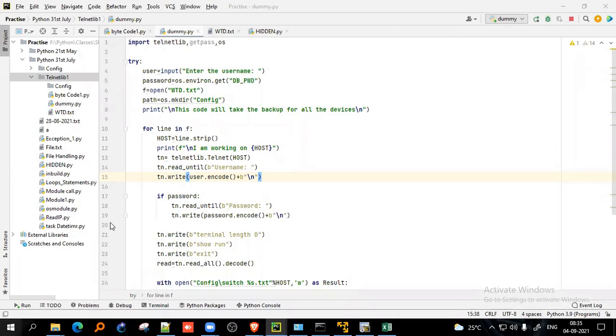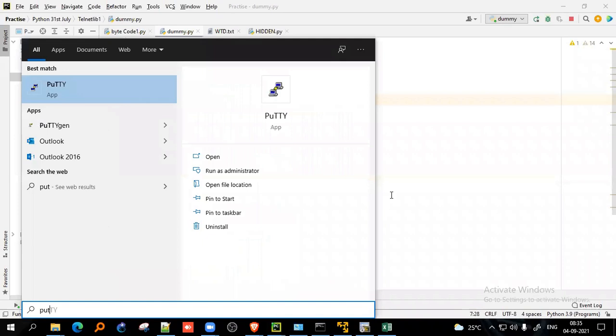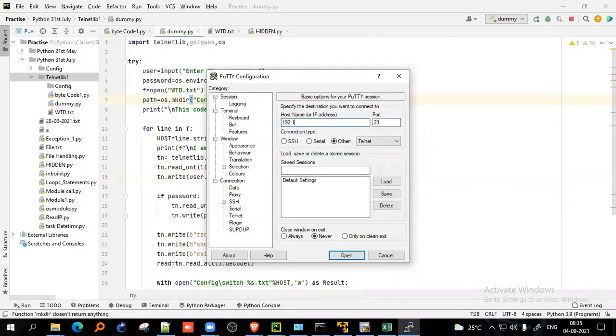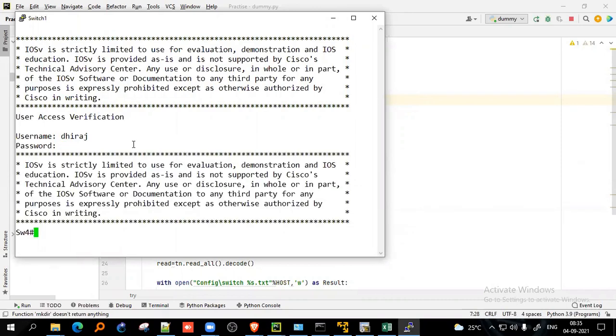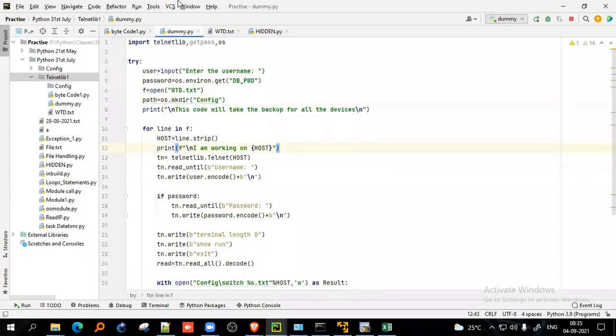I think we can check the first thing, whether the switch is telnetting or not. Like we can add some command to print 'I am inside switch' or not. Could be. Let's try 192.168.1.224. Yes, it is working. Now tell me, the telnet is fine, now we are in command mode. See, until this part it's correct. Okay.